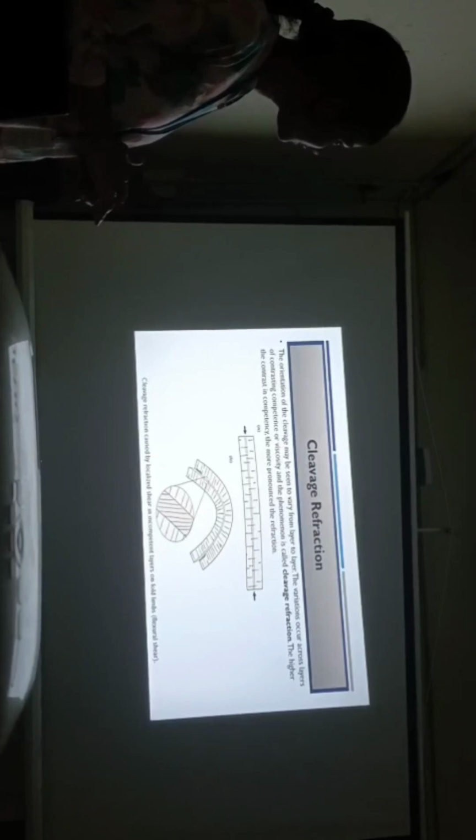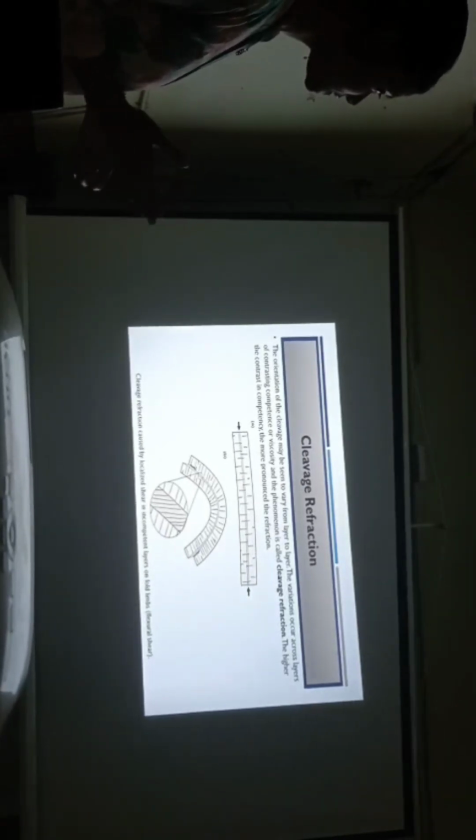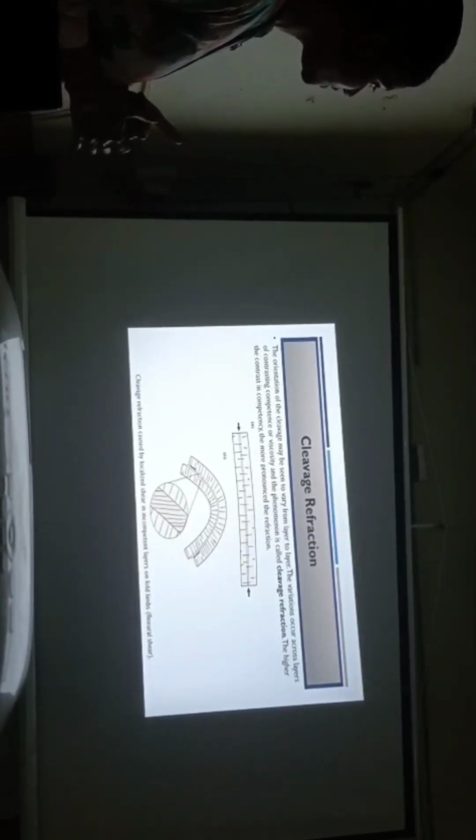Another one is cleavage refraction. When cleavages are formed during folding of a multi-layered sequence such as shale and sandstone, cleavage refraction is formed. So cleavage refraction can be defined as a change in the orientation of the cleavage due to a change in the competence or the viscosity of the layers. We can see the foliations present in the incompetent layer try to diverge away from the core, whereas the foliations present in the competent layer try to converge towards the core. As a result of cleavage refraction, a cleavage fan is formed.